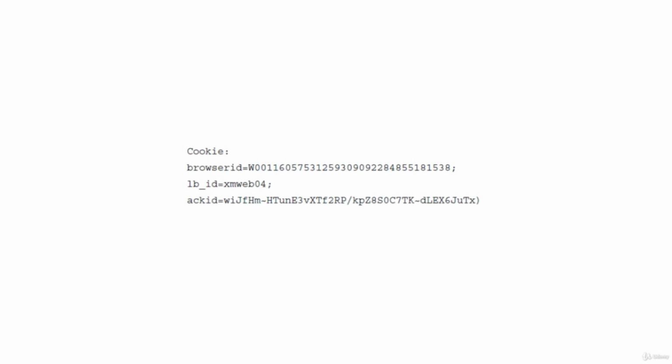To test this, we opened up a browser on a different computer and inserted the ACID from our valid session into an unauthorized session. The illicit connection opened right up and gave us access to the inbox or documents.